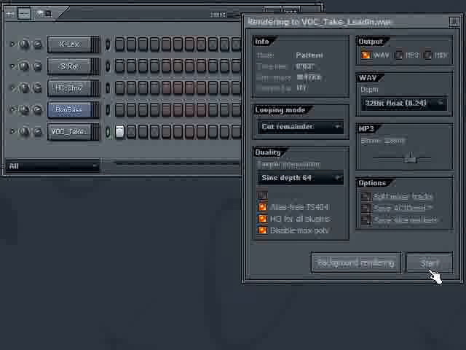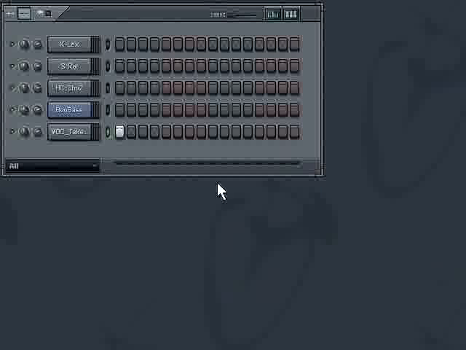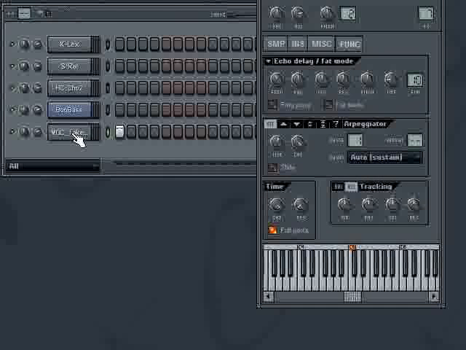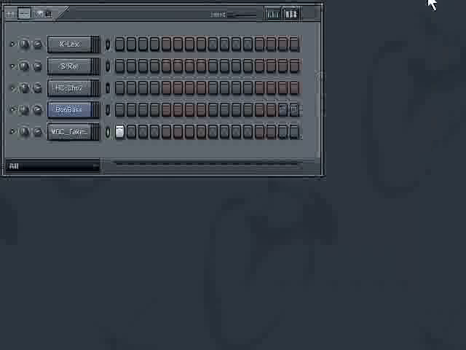And the way you export a single pattern is just put your play mode into pattern mode, and it'll just export the 1 pattern that's going to play. Okay, so now I have that, and I don't need this anymore. So what I'm going to do is I'm going to delete this,